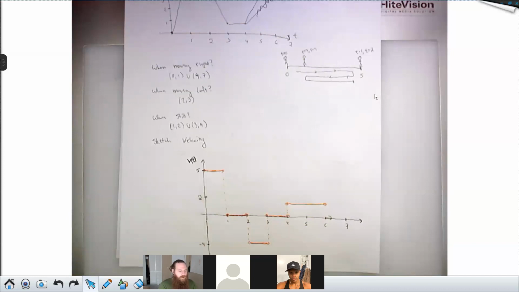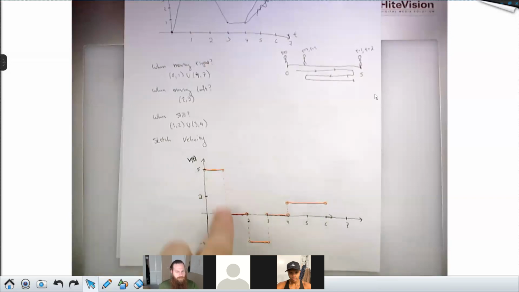But kind of think of it as hitting a wall, right? Think of it as I'm running at 5 meters per second and I smack into a wall, and that immediately puts my velocity to 0. I lay there for a second, and then I immediately start running back at 4 meters per second, and then I smack into a wall. And then I lay there for a minute, and then I get up and immediately start walking to the right at 2 meters per second. It's true that in real life, these would be steep sloped things. They would not be immediate jumps.